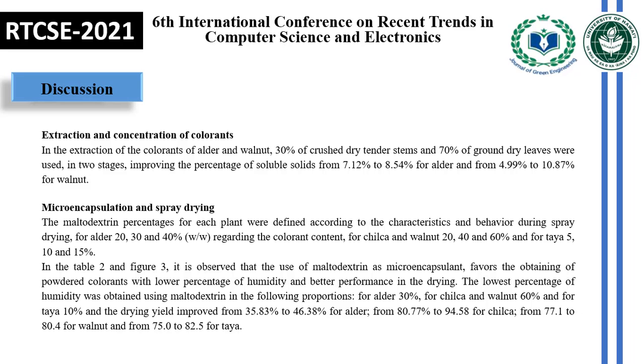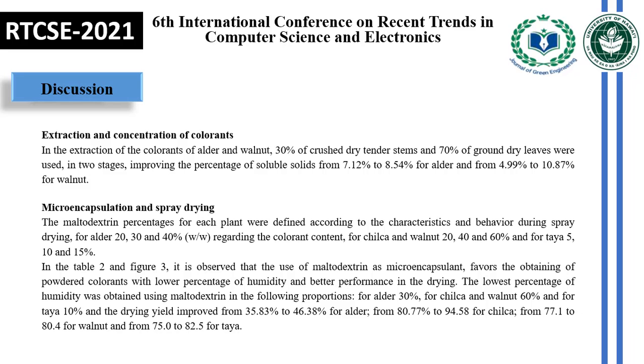In Table 2 and Figure 3, it is observed that the use of maltodextrin as microencapsulant favors the obtaining of powdered colorants with lower percentage of humidity and better performance in the drying. The lowest percentage of humidity was obtained using maltodextrin in the following proportions: for alder 30%, for chilca and walnut 60%, and for taya 10%, and the drying yield improved from